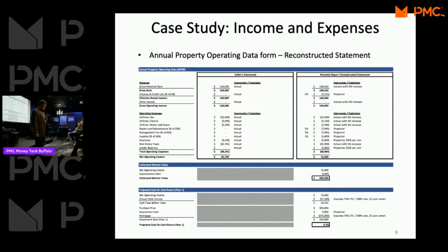Where does the 900 come from on there? The 900 came from taking that new NOI of 72,000 and applying that ERV equation. Was it the 72 times 8? 72 divided by 8. 72 divided by 8? Yeah. So if I go back here,